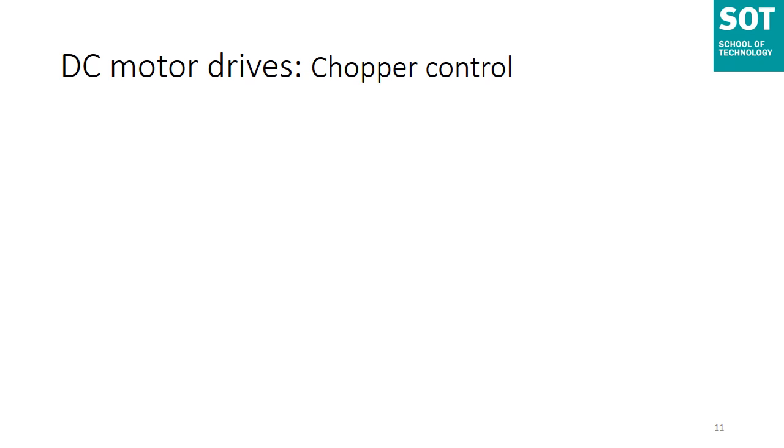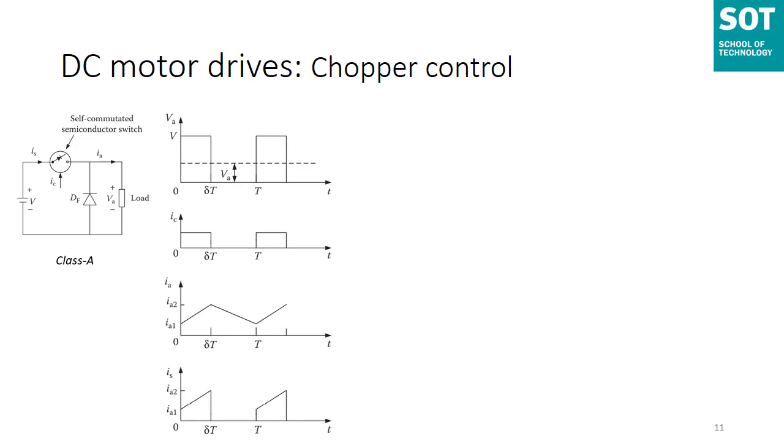Chopper control of DC motors. The power electronic circuit and steady state voltage waveform for a DC motor drive can be shown like this. See, choppers are used for the control of DC motors because of their several advantages such as high efficiency, flexibility in control, lightweight, small size, quick response and regeneration down to very low speed. At present, separately excited DC motors are usually used in traction due to the control flexibility of armature voltage and field.